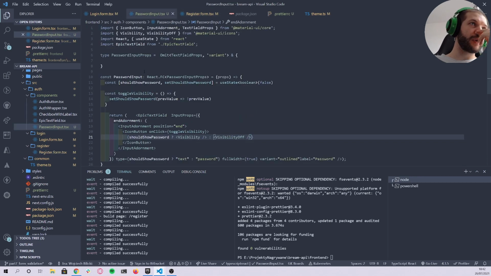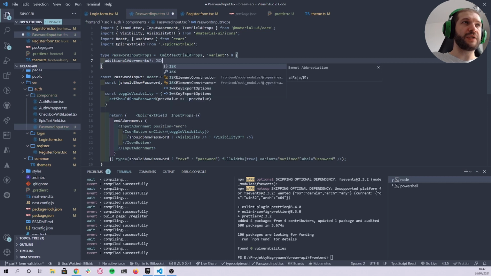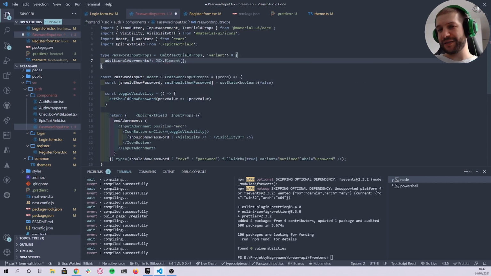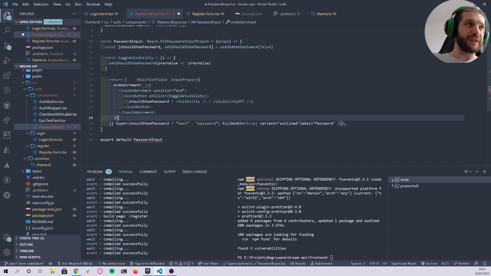So we can just do something like additional adornments. Set this to be optional JSX element array, because there might be a case where we'll need more than one. Okay, and then we have to change the adornment here, wrap it in a fragment,